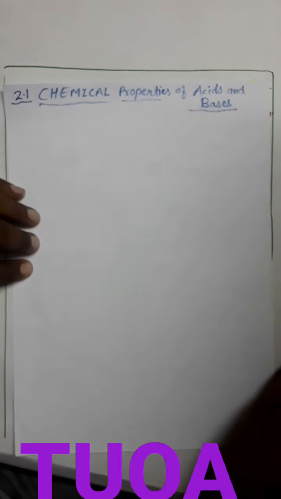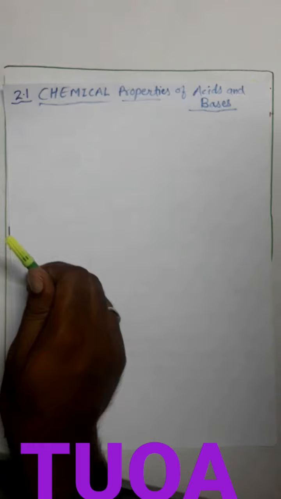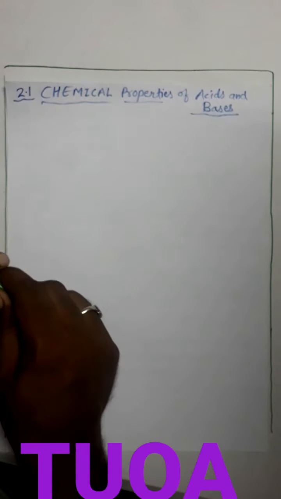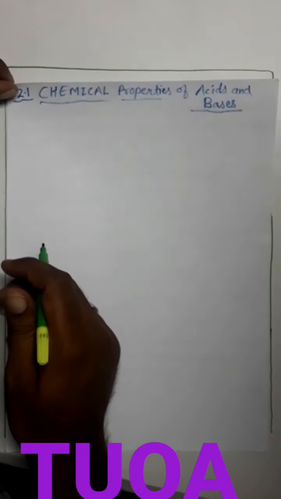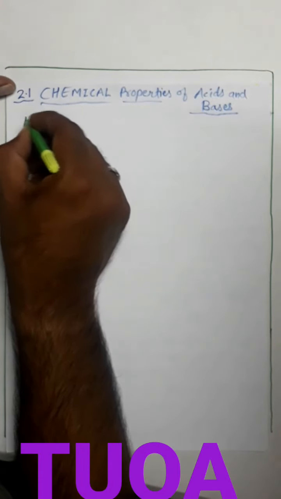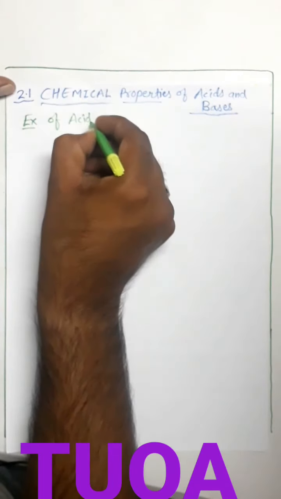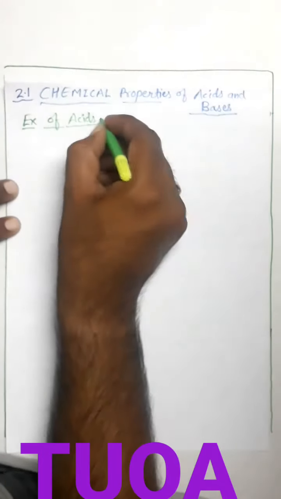Students, one important thing is that here we will be discussing many examples, many names of acids and bases, and I request you all to memorize them by heart, because not only their chemical names but also their formulas are important from your class 10th board exam perspective. Okay, so here we are taking some examples of acids, although we have already discussed, but again just a quick revision.